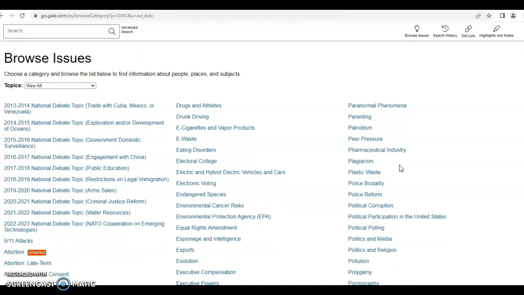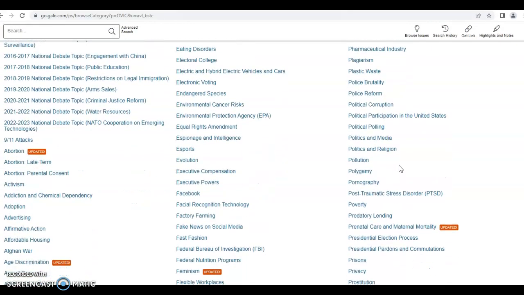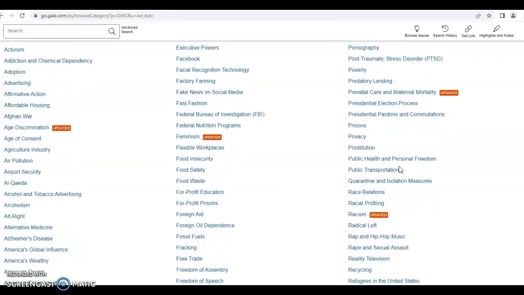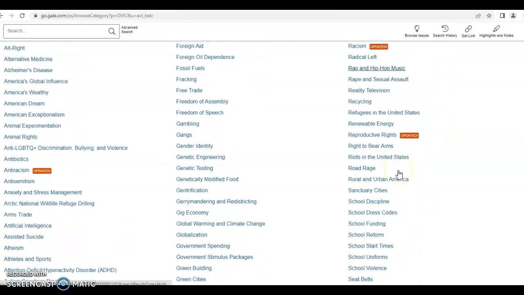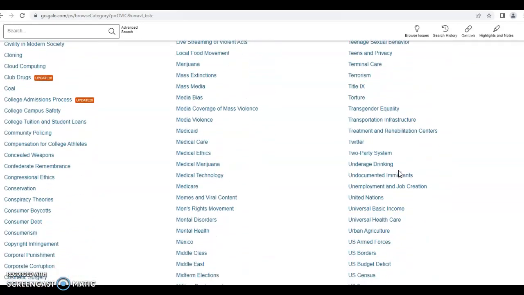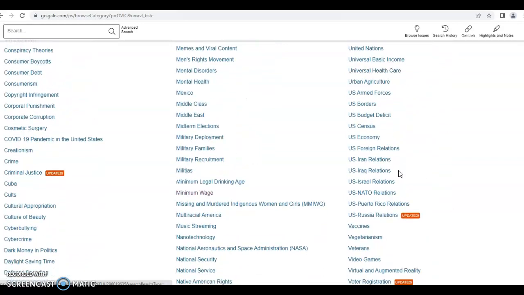So I'm going to click now on the Browse Issues icon, and it's going to bring me to the landing page of the Browse Issues, which lists in alphabetical order all the various issues that are covered in this particular database. Minimum wage is one of them. So from this alphabetized list, I'm going to scroll through and find the M's. And as I do, I'm going to slow down just a little bit, and I see minimum wage and